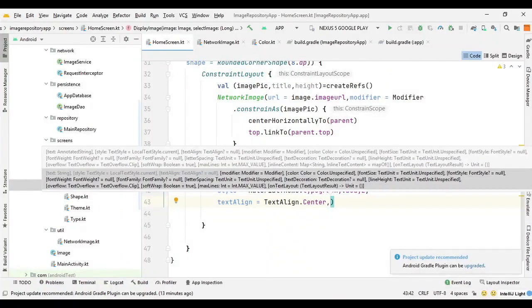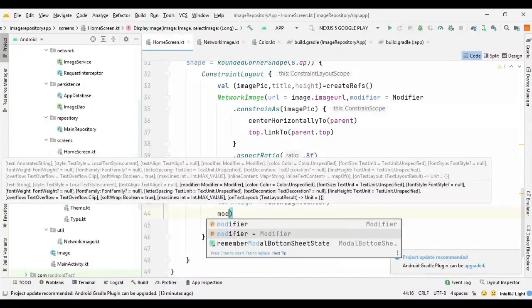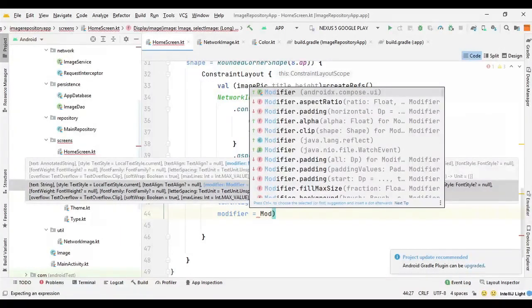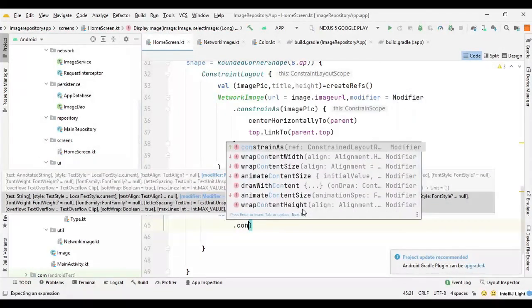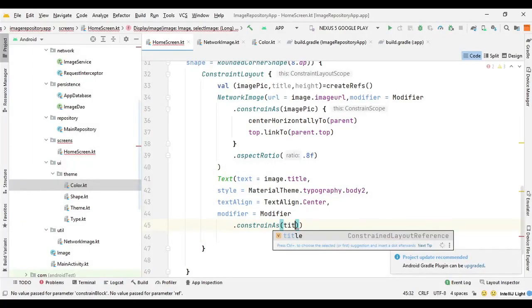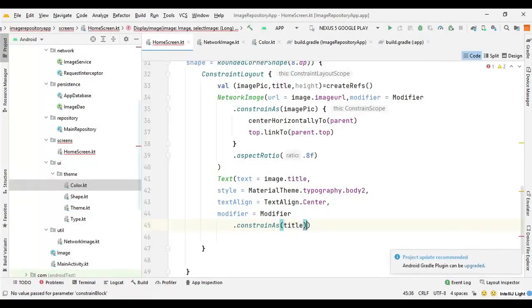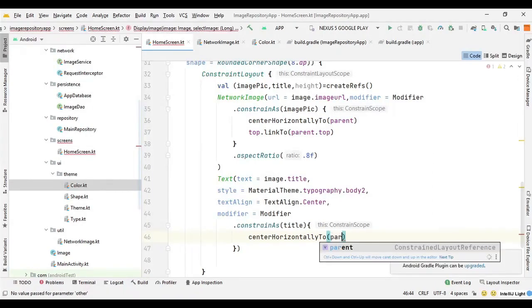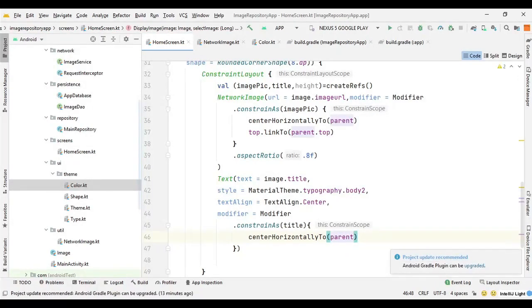and then we need to constrain it, so we can say modifier equal modifier dot constrain as, we can say title. Then we need to provide the scope for it, so we can say center horizontally to parent to make it in center of horizontal.